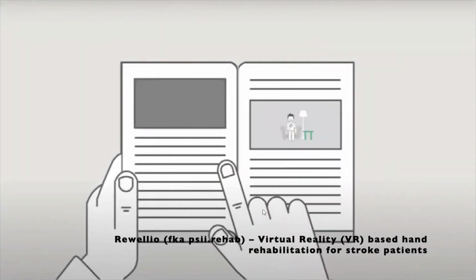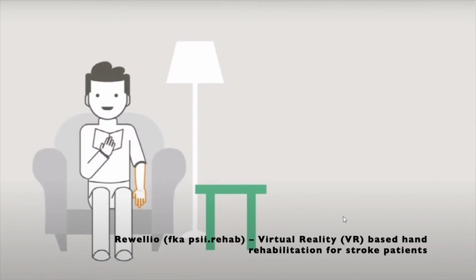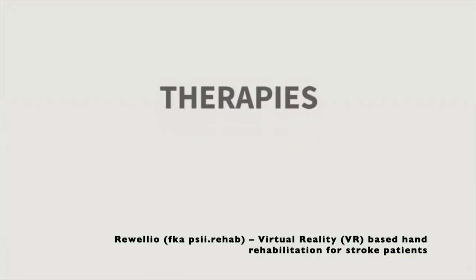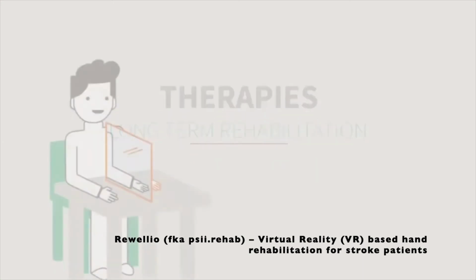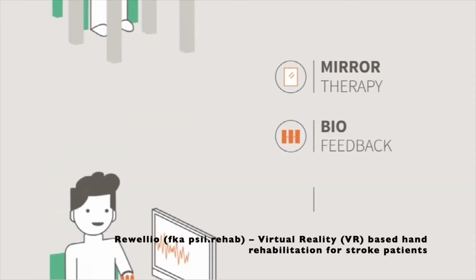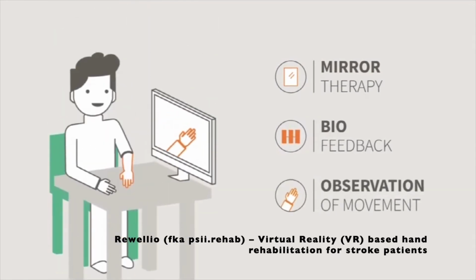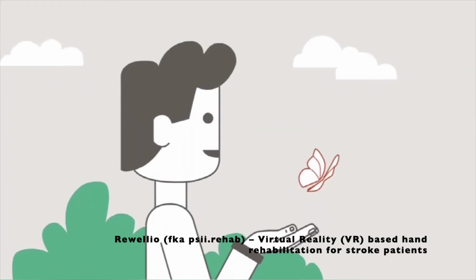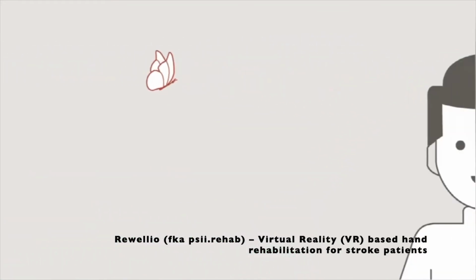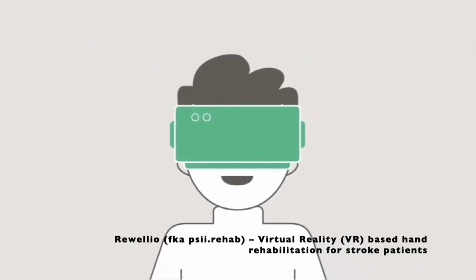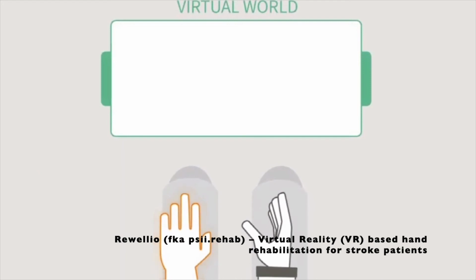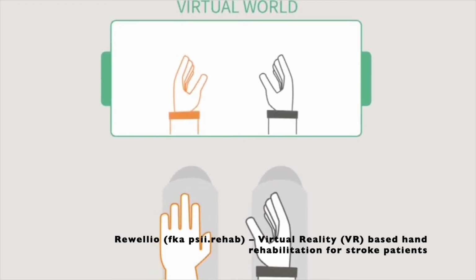After suffering a stroke, you may lose the use of a hand, which is a disability in daily living. Therapies used for long-term rehabilitation include mirror therapy, biofeedback, and observation of movement. Based on the motto, "We believe what we see," these therapeutic approaches can be merged and put into a virtual world. With PSI, both the active hand and the paretic hand are perceived as active, functioning hands in the virtual